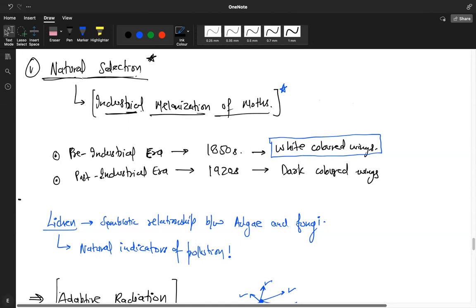Before you move on to adaptive radiation, I just wanted to tell you that this thing is not in your NCERT, but always remember that for natural selection to happen, nature does not have hands to pick. We can pick seeds or organisms and make them breed physically, but nature does it through a force called the selection pressure. Like in case of industrial melanism, can someone tell me what was the selection pressure on these moths?